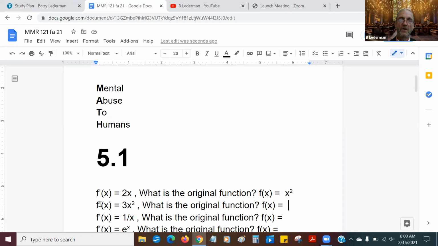Because if I take the derivative of x squared, the answer is 2x. Suppose I had a function, I took a derivative, and I got 3x squared. Well, what was the original function? You realize that the original function was x to the third power. But some of you might be thinking, and I hope this class causes you to think,